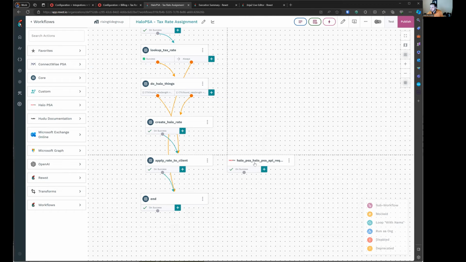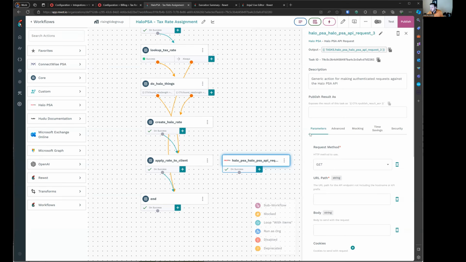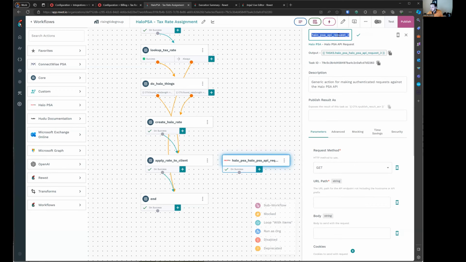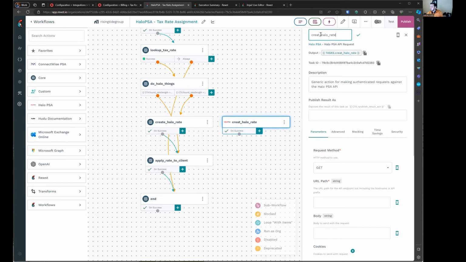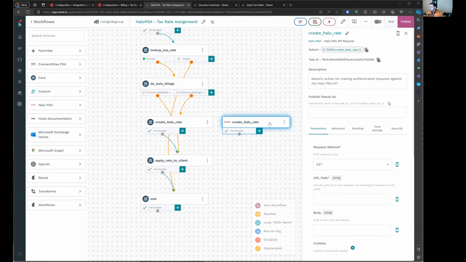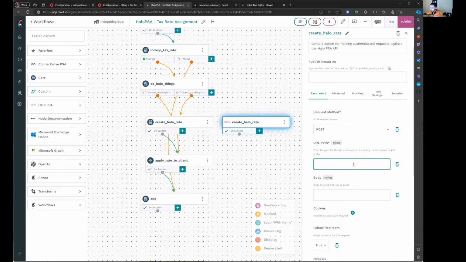I'm going to come in here and I'm going to replace this apply rate to Halo client with a generic call to create Halo rate. I'm actually in the wrong place. I'm going to replace this one with this one here. And I'm going to fix the E. Let's go ahead and do that. Cool. And then we'll set this up, it's going to be a post now, and it's going to go to